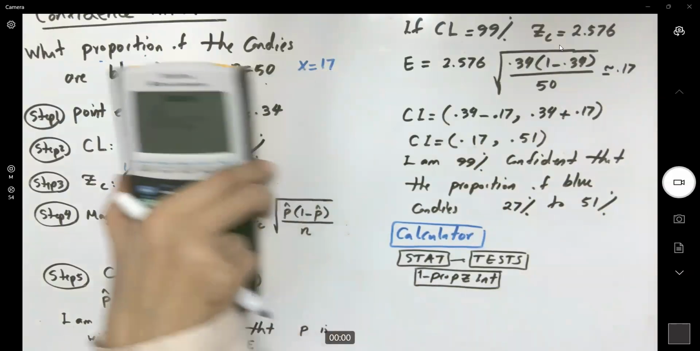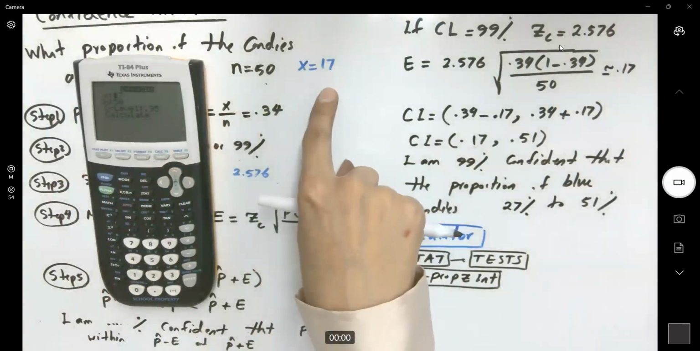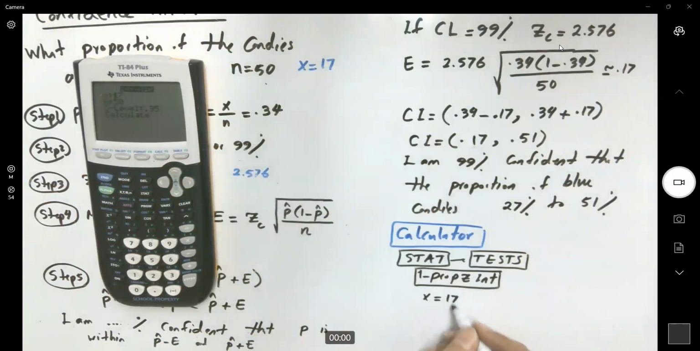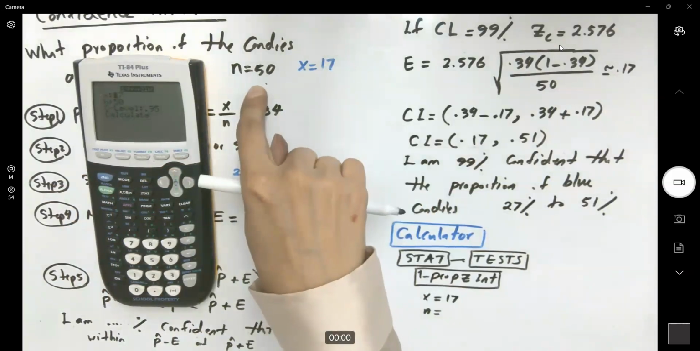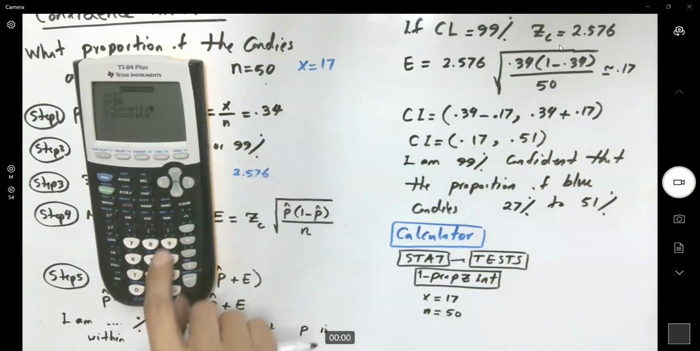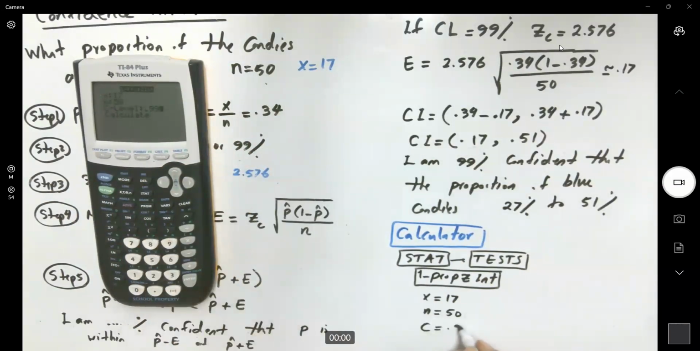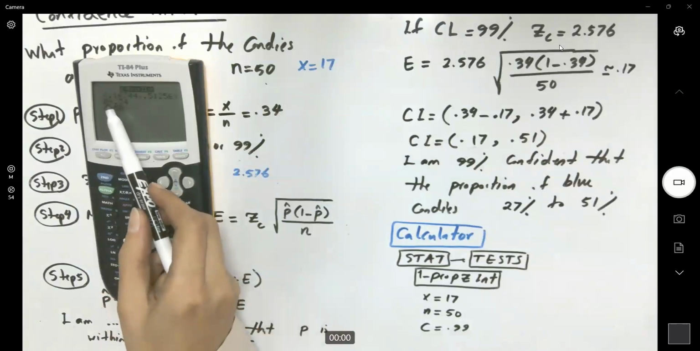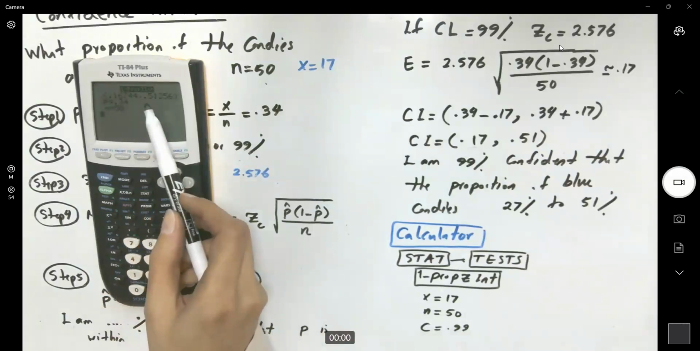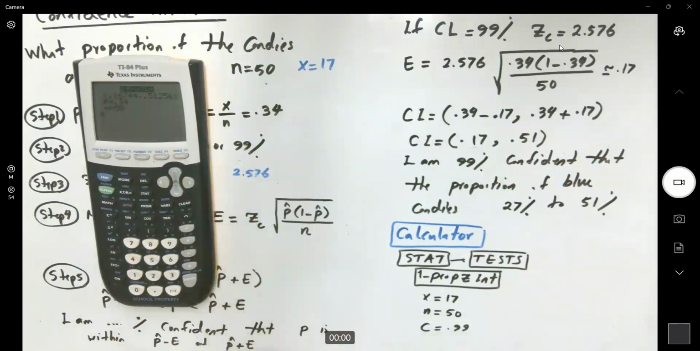X is going back to the beginning step. X, the number of blue candies, 17. N, the sample size, 50. The confidence level is now 99%. Let us do the calculation. What do we get? Well, we have 16.74% and 51.25%. So my confidence interval using technology is